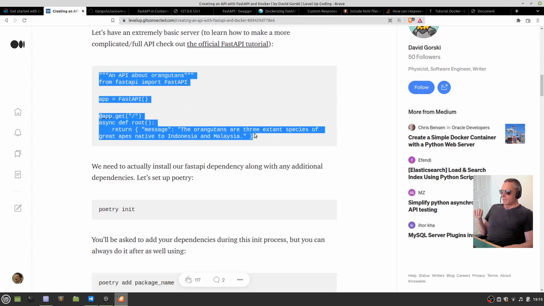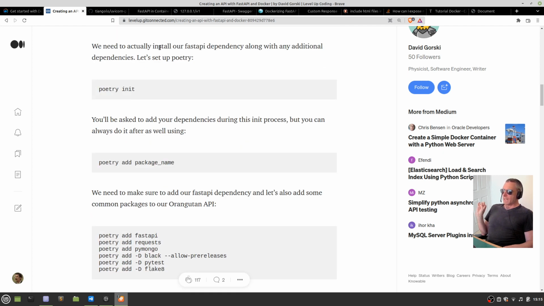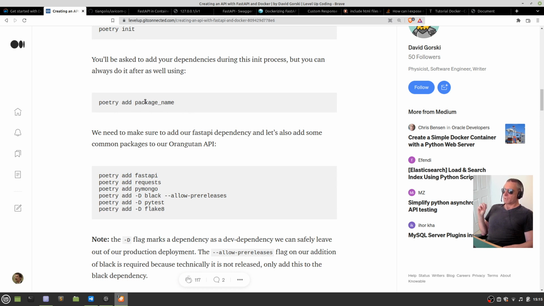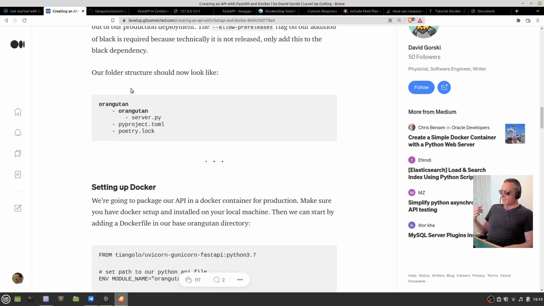So he's just written some basic code with a root path. Right, we need to actually install our FastAPI dependency along with additional dependencies. Let's set up Poetry init, then Poetry add package name. So I've already done all those because I did those in order for me to get the code up and running. Here he's actually shown how to write your project from scratch. So we can move ahead a bit here. So our folder structure should now look like, and these are the two important things here, or this is the really key one,